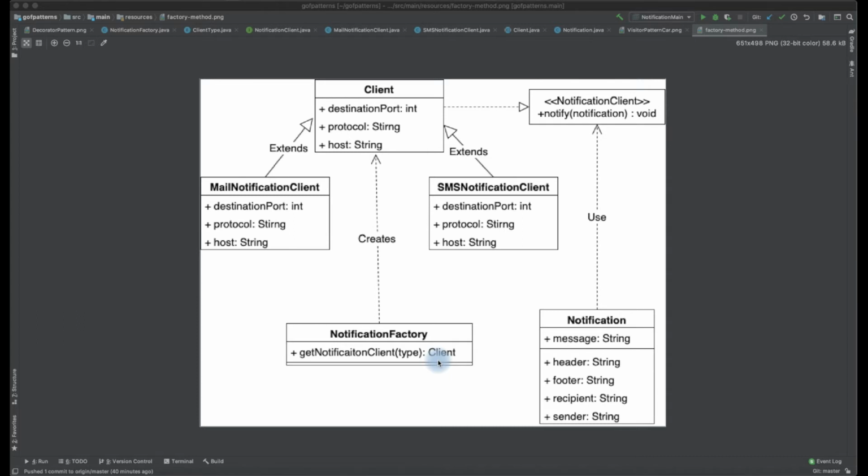Whoever wants to send a notification need not go and get the configuration from some other database or a configuration file, which need not be exposed to the creator or the notifier, right? So whenever we have to move the configuration from a database to a configuration file, or from a configuration file to a separate key value store, or to an external file system, this would